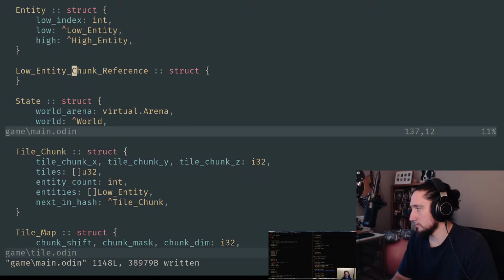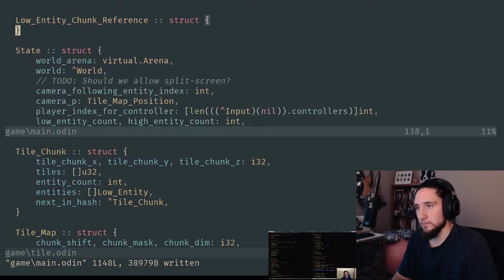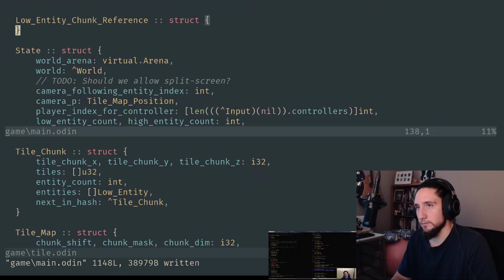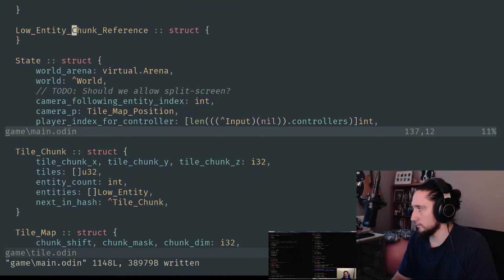And so anytime you have an entity, it also gets one of these things in here, and when entities get moved around, they're updated in this reference table. Seems totally reasonable to me. It wastes a bit of space, so it's a little bit piggy. The reason is that, like I said, a lot of entities are like a wall or a tree, aren't being referenced by anyone, and so we're paying the price to be able to reference them without anyone ever actually needing to